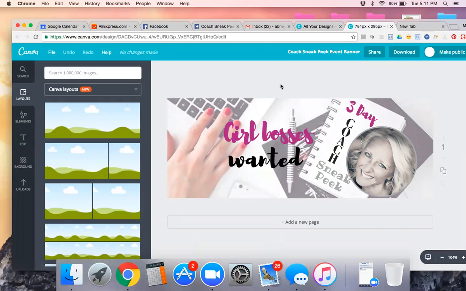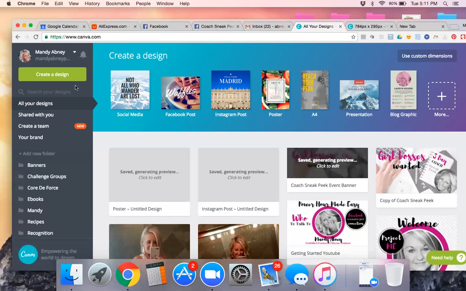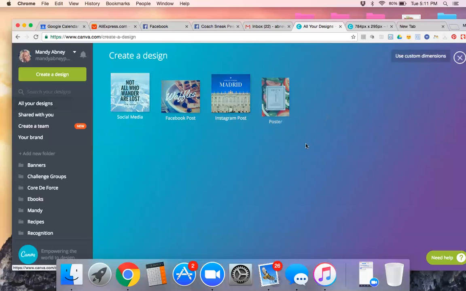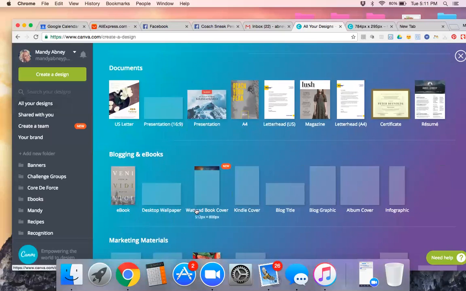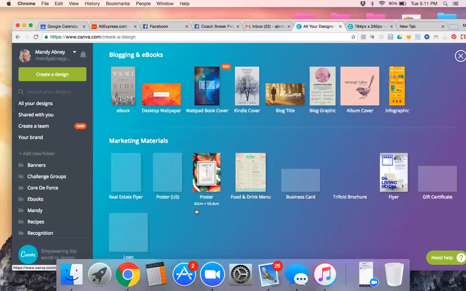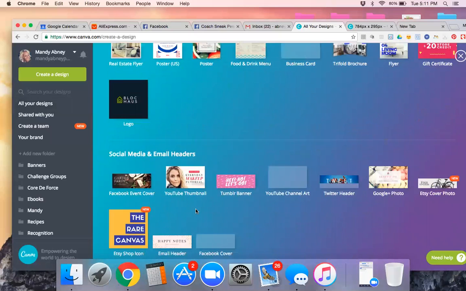So the first thing I do is look at the size that I need for my banner. When you pull up Canva, you are going to be able to create a design, and it's going to show you social media, Facebook posts, Instagram, on and on. You can use any of those. It's going to show you some more, so you can just look all through here. There are so many different dimensions of the things that you're going to need